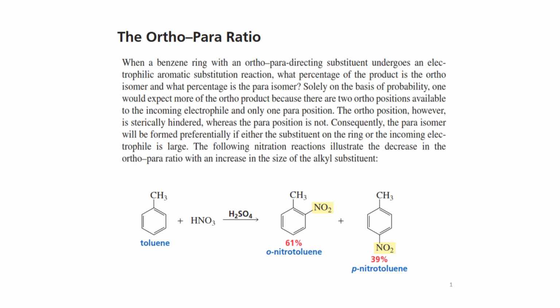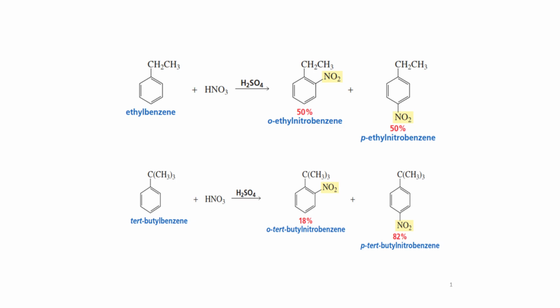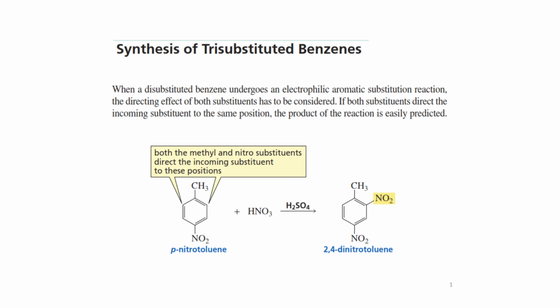The ortho-para ratio in electrophilic aromatic substitution is influenced by the size of the alkyl substituent, with larger groups favoring the para position. Ethylbenzene and tert-butylbenzene show different ortho-para ratios in nitration reactions, with larger substituents favoring the para position more strongly. When both methyl and nitro groups direct to the same position, the product of the reaction is easily predicted,